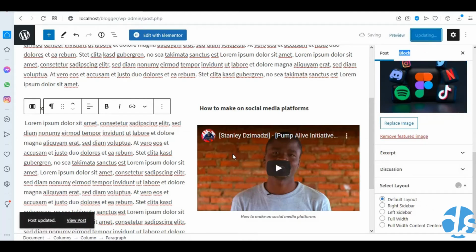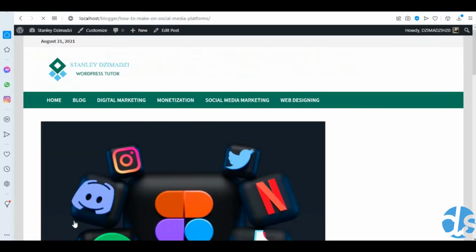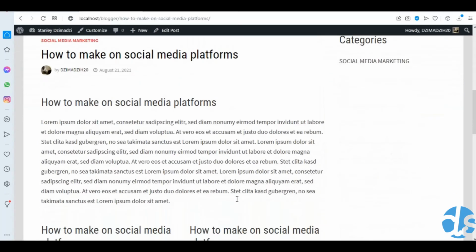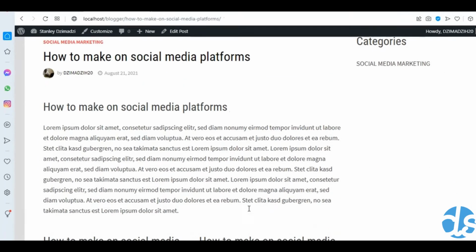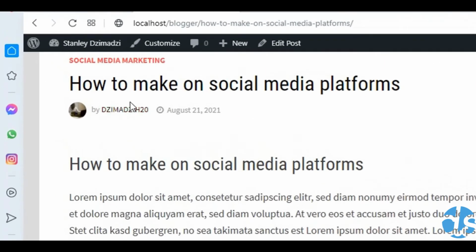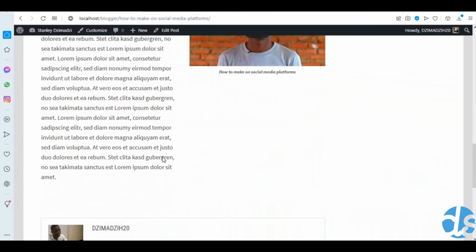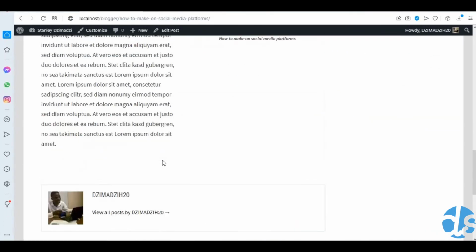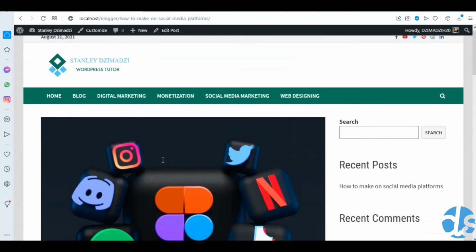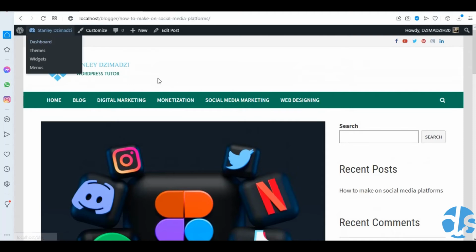You can view the post. So this is the post that we have created. As you can see, it's showing the author, the person who has written the blog, and it's showing the date when the post was created. And this is the text that is associated with that blog. Let us go back to our dashboard